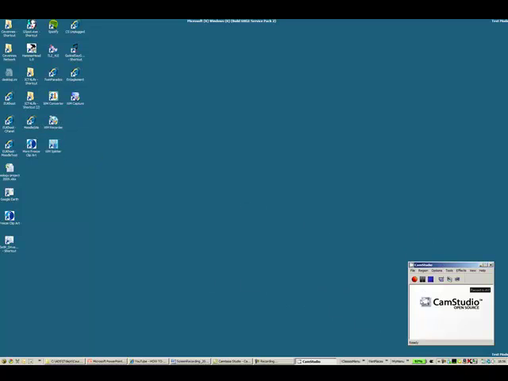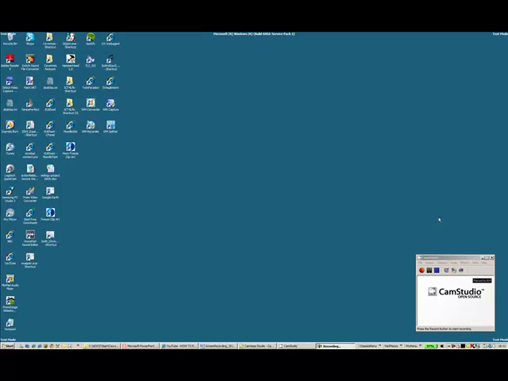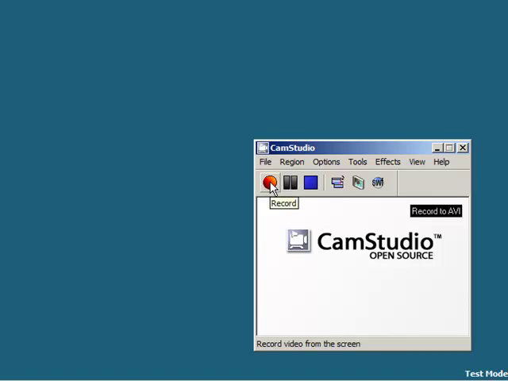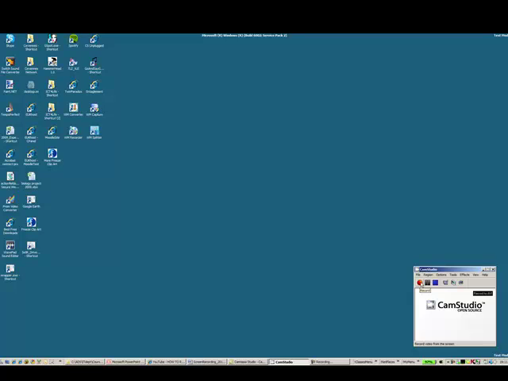And we'll have a look at a few of the options. The first thing to look at is region, and there's a number of areas that you can actually record. The simplest to understand obviously is full screen. If you select that, the minute that you start recording by pressing this red button here, it will record the